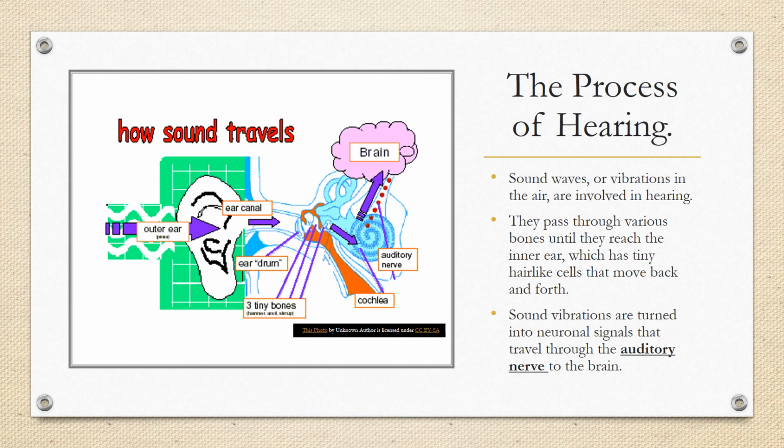So let's talk about hearing. Sound waves or vibrations in the air are involved in hearing. They pass through various bones until they reach the inner ear. So here we have some sound waves coming in. There's all white lines. They enter the outer ear, and then they reach the inner ear. Okay,